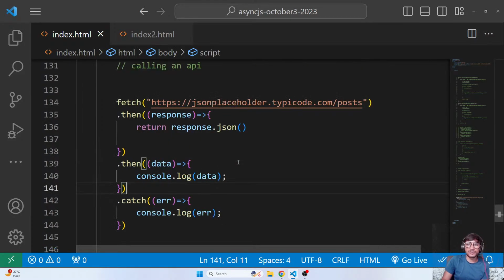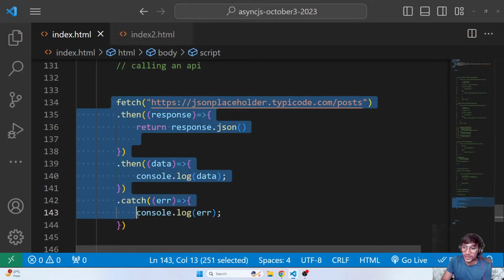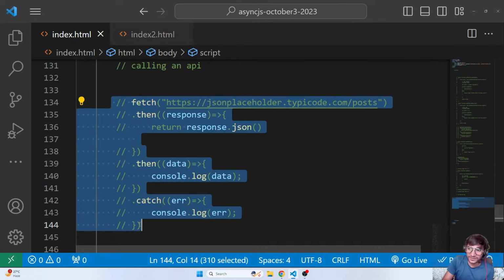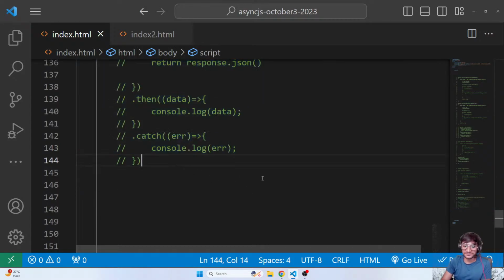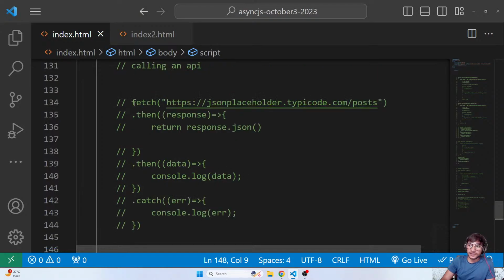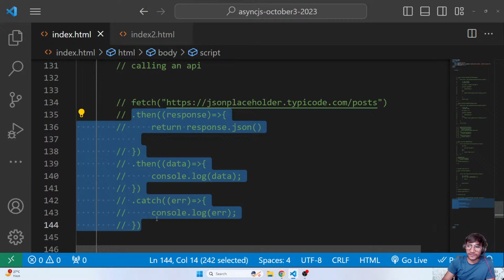Now guys, let me show you one final way of handling promises, because that's what we're going to be doing a lot. So guys, if you find this much more complex, or you don't want to code like this, then there is one more way. See guys, you can handle promises either by using dot then, dot catch. The other way is,